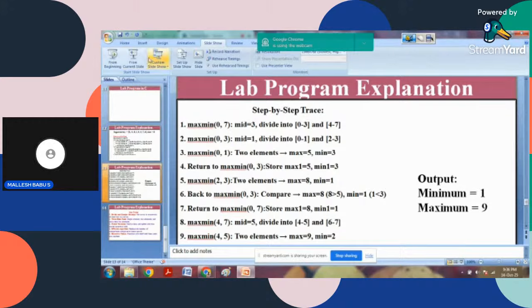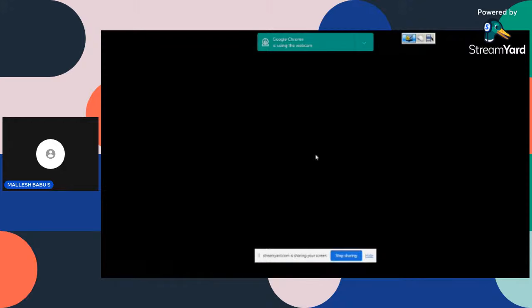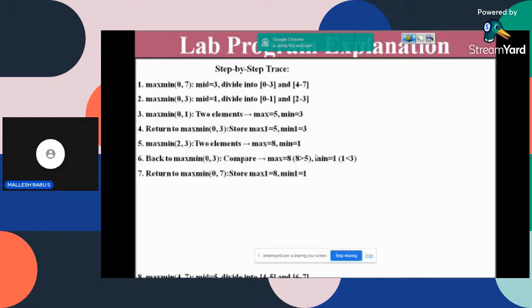And now I will share the screen. Step-by-step tracing. Complete tracing part is